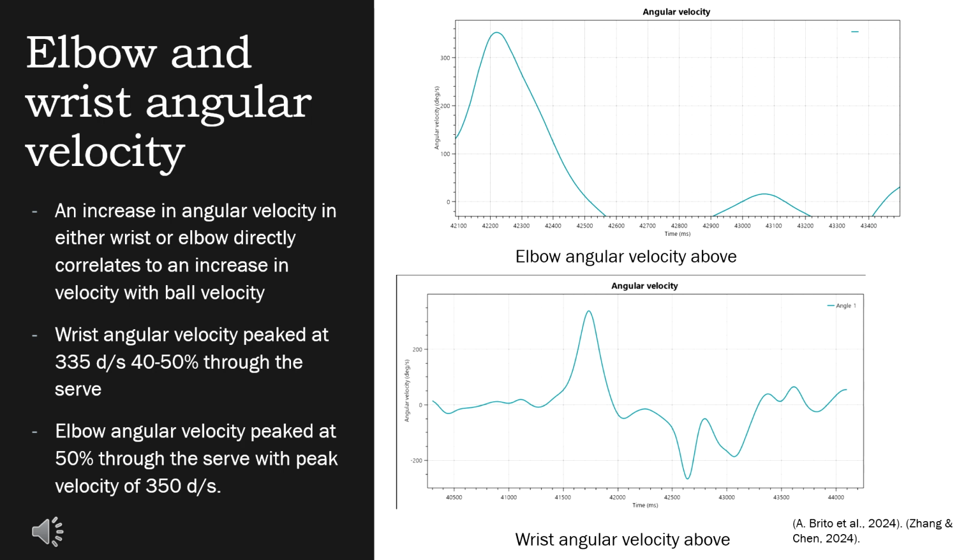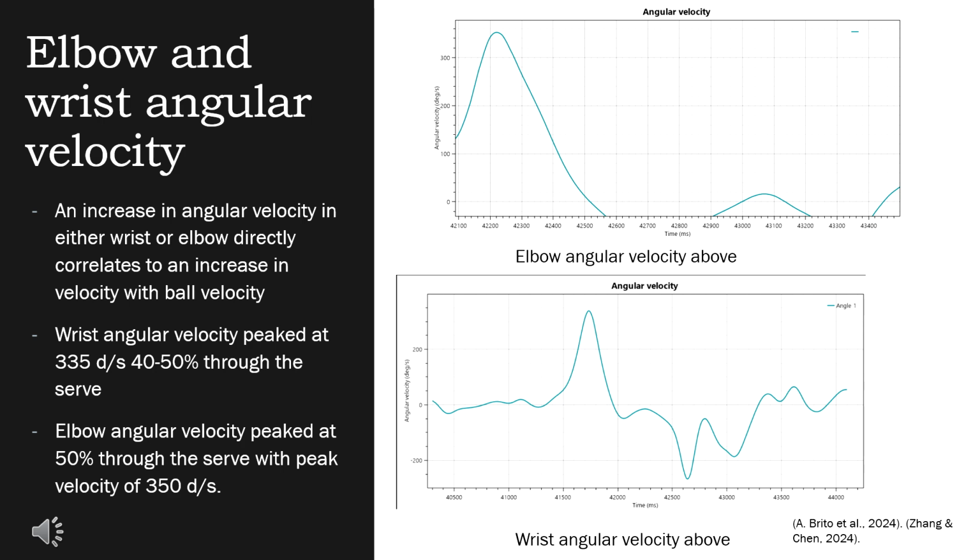This is elbow and wrist angular velocities. Greater levels of velocity amongst wrist and elbow correlating to the increased tennis ball velocity. The results presented, seen in the graphs, saw elbow angular velocity peak roughly 50% through the serve, with peak angular velocity of 350 degrees per second,